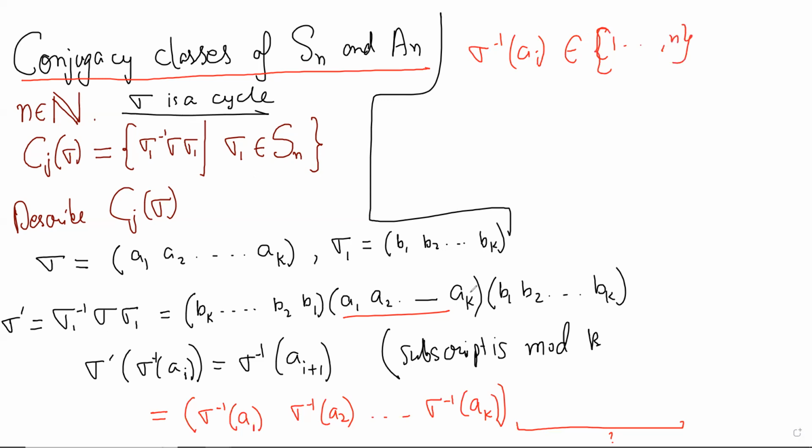I have described this, but I don't know what this sigma prime does to other elements from 1 to n which are not of this form. I want to show that they are fixed. So I want to show that sigma prime of j